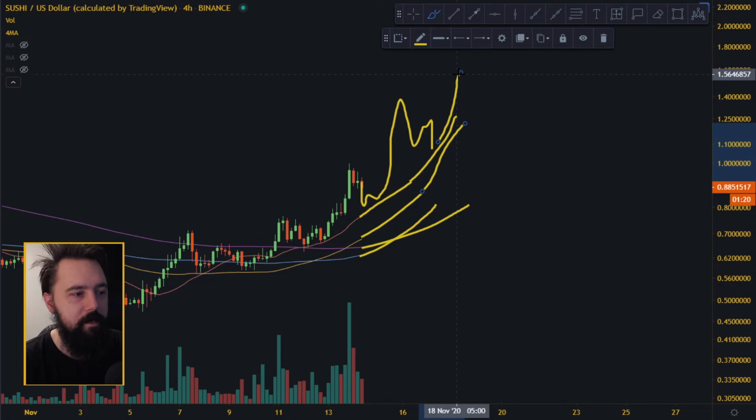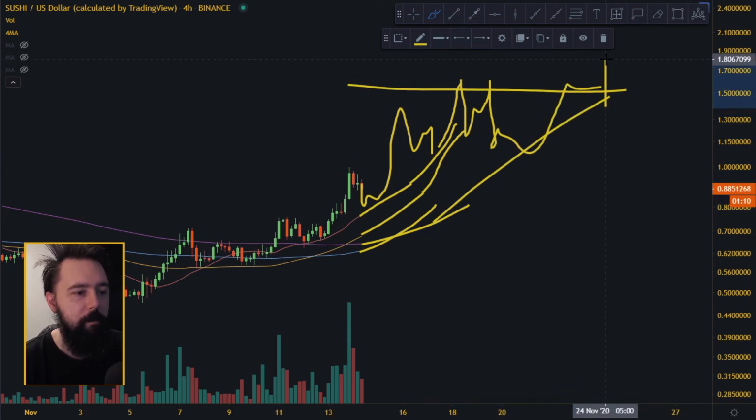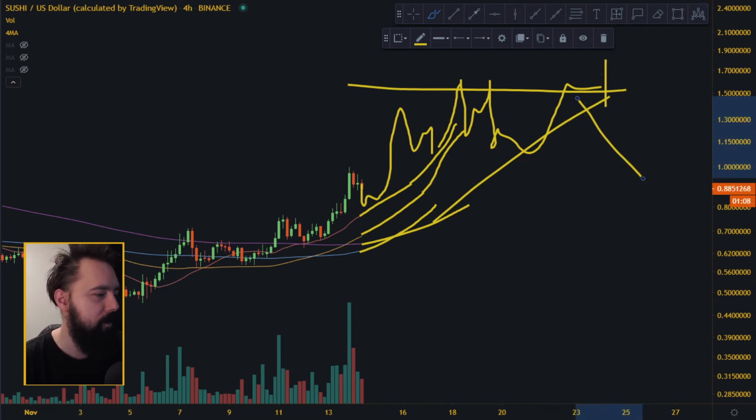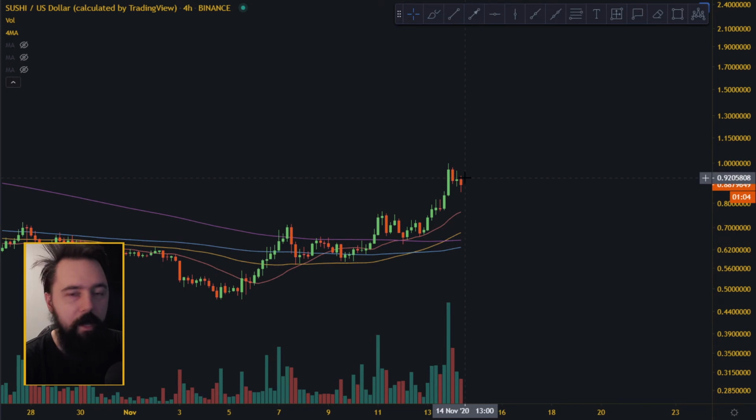And then when the rubber band or resistance or whatever starts getting too high, it's gonna go down to the 50 maybe and try to break it again, and maybe then the 100, 200 before it comes into some kind of triangle, before it either breaks on the upside or downside. Okay, that was a really terrible drawing, but anyways, what you want to look at now is the correction time,